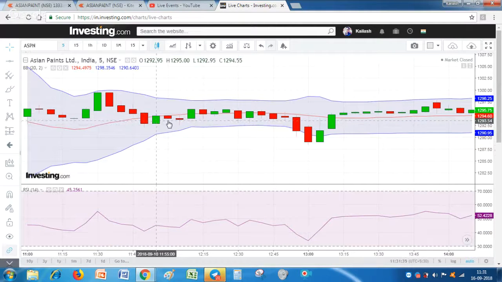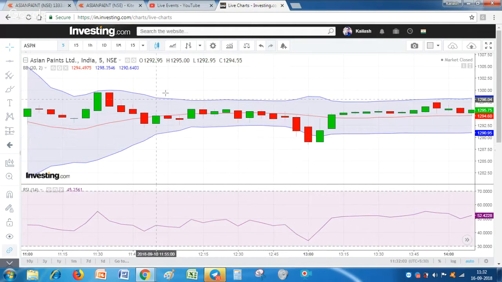But see, nowhere has this candle gone below this, so we will not sell. Low is at this level, but it has not broken, so we will not sell it till the time it goes below this level. Okay, so see, at this level, friends, this candle has gone below. Look at this level. This is the level of the first candle. It has gone below, or we can say now the situation has changed. Actually, by this time we can take even these candles also. Once it has gone below, we can sell it in this range.